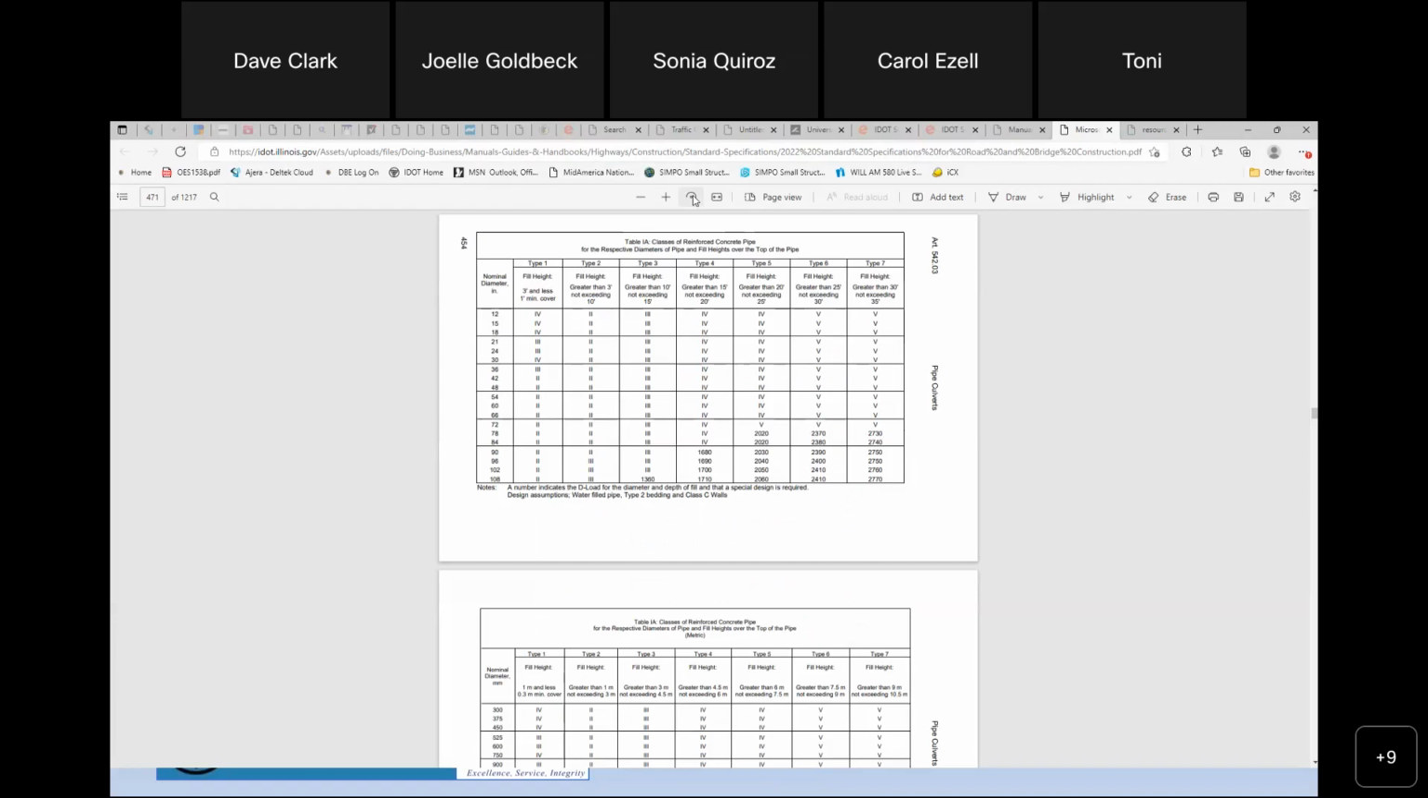Here again, not only do you have a class of pipe, you've got a diameter of the pipe that you're using. You also have a type of pipe, and the type depends on what the fill height is. If it's a 1 foot minimum cover and 3 feet and less, you're going to be using a type 1. Let's say it's something that's 15 to 20 feet of cover, then you're going to go over here and that's a type 4. So again, you've got to be sure you're looking at these tables. You look at, hey, I need a 24-inch. It's got a 16-foot height of cover. I'm going to need a type 4